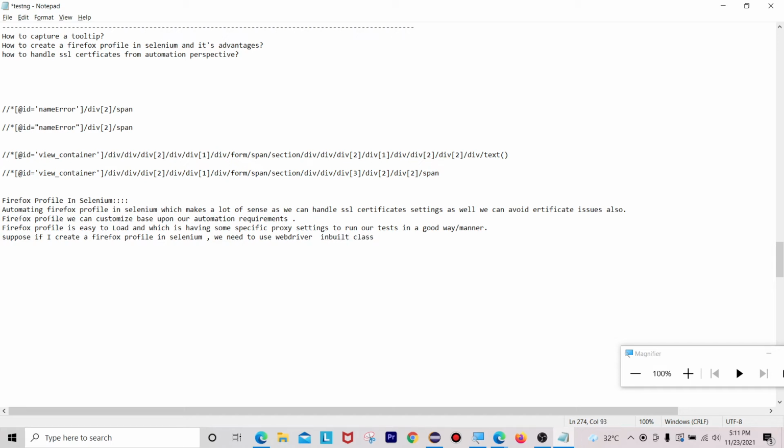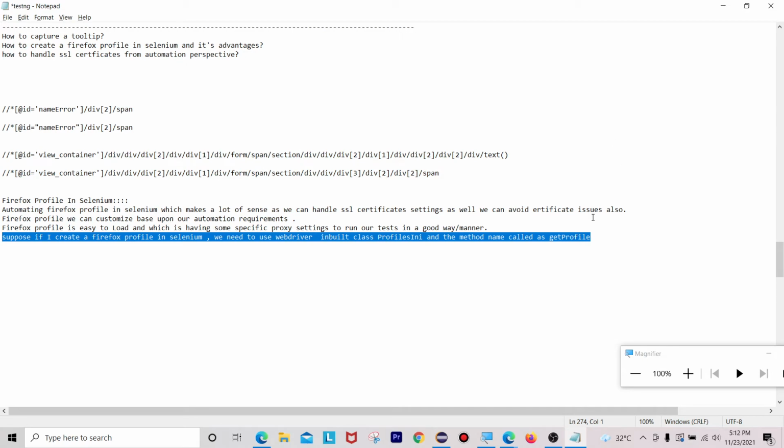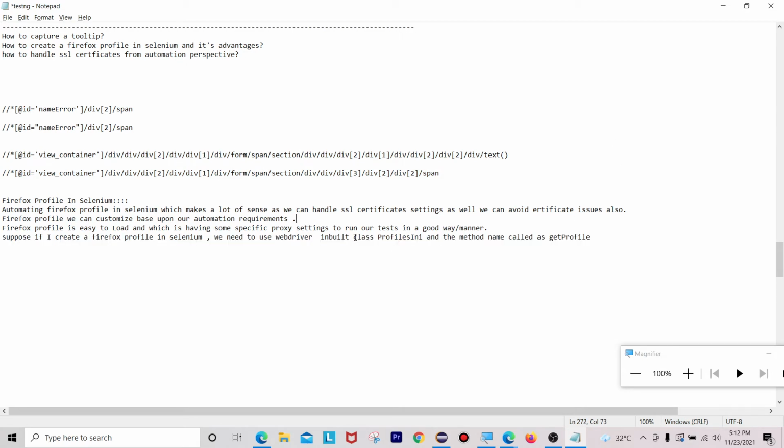As I told, profiles.ini. And the method name is get profile. By using these two, the class profiles.ini and the method get profile, we can easily access our Firefox profile.